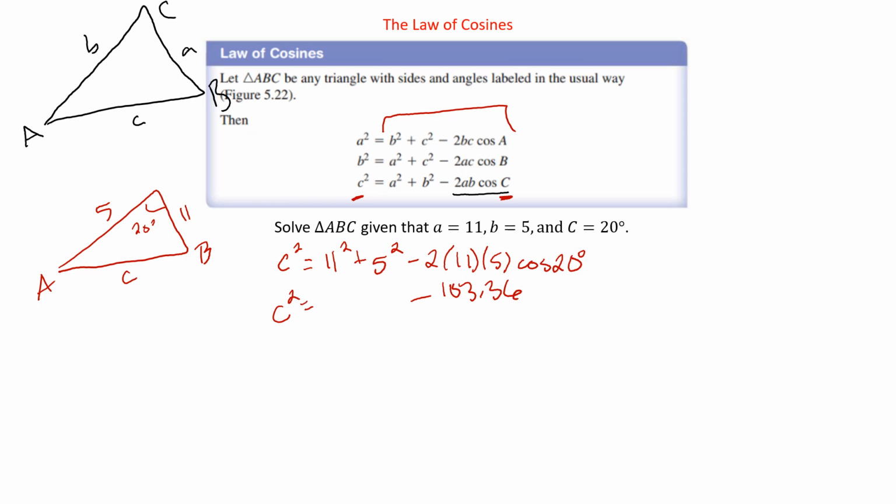Eleven squared is 121. 5 squared is 25. So we're going to go 121 plus 25 minus that number that we just found. If C was an obtuse angle, that would be negative, and we'd end up adding this piece to it. Anyway, when we find all that, 121 plus 25 minus 103.36, etc., we get that C squared equals about